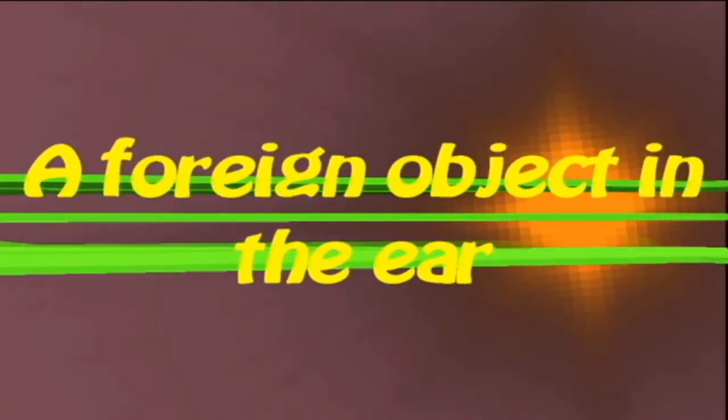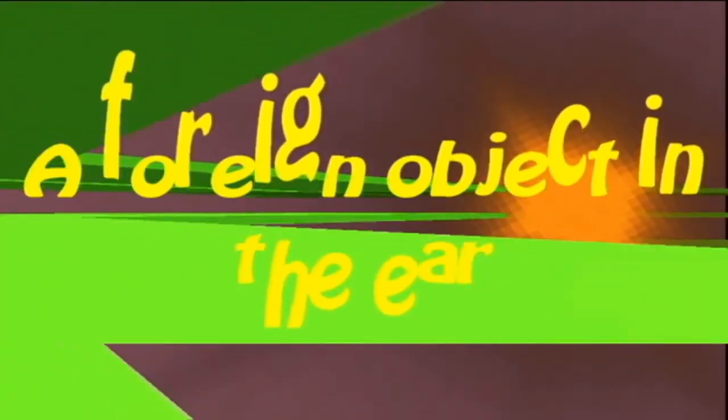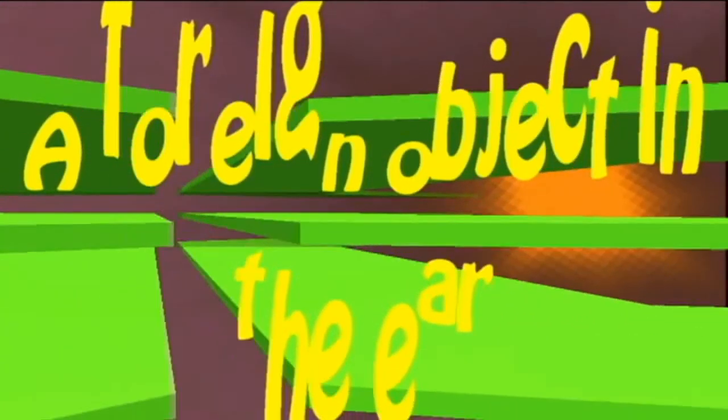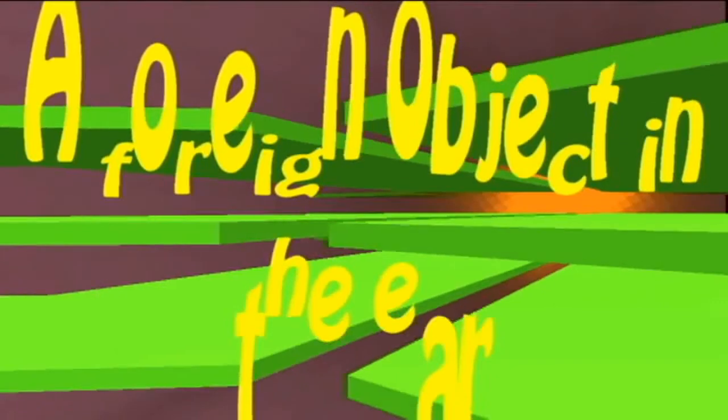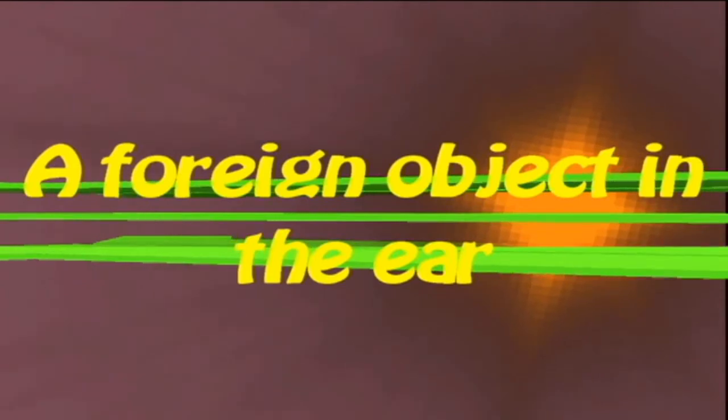A foreign object in the ear. A foreign object may become stuck in the ear canal. Children, for example, are prone to inserting objects into their ears out of curiosity. A foreign object lodged in the ear can cause sharp or dull pain, drainage from the ear, hearing loss, and infection. A person attempting to remove the object at home could inadvertently push it further into the ear canal. Instead, see a healthcare provider who uses specially developed tools and procedures to remove these objects.